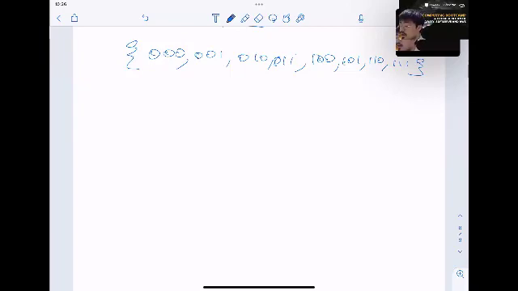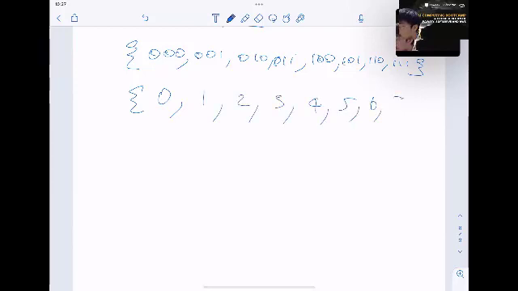I hope that you can see this basically corresponds to 0, 1, 2, 3, 4, 5, 6, 7. This is just binary, and this is decimal. Okay, so this is the domain that we want to work with. And so let's say